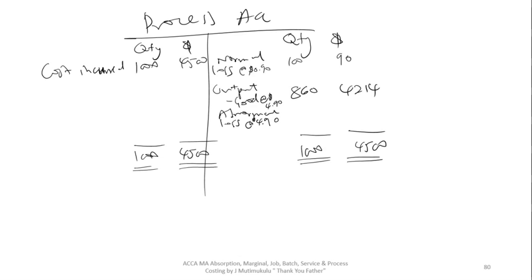using the balancing figure approach, you will discover that if you say 100 plus 860, you are going to get 960, and 960 minus 1000, there's a difference of 40. Okay, so the abnormal loss is 40 units, and these are valued at $4.90, the cost of the good output. So which means the difference would be $196. So if you add up, it should come to 4,500 there. So that's the first part.